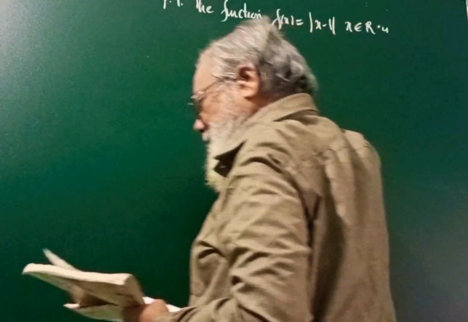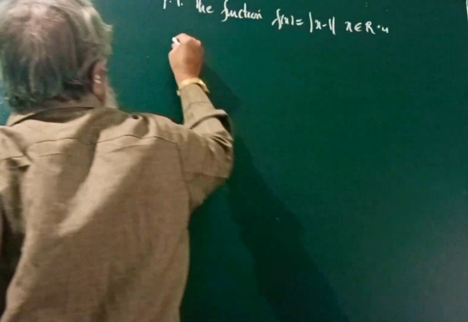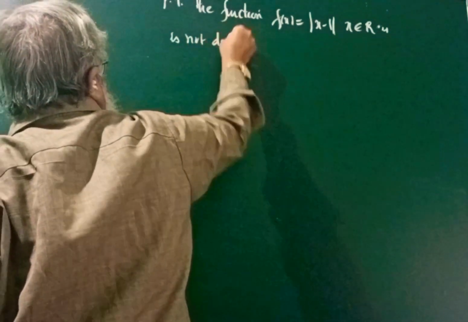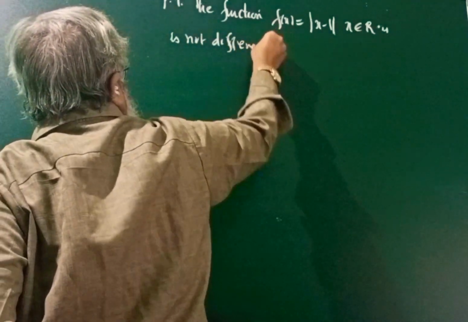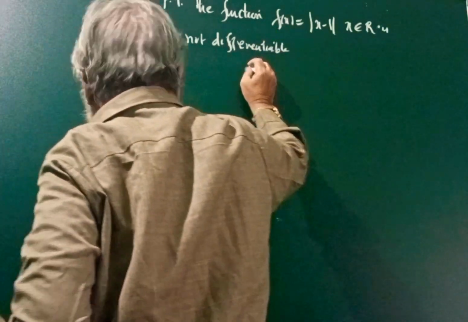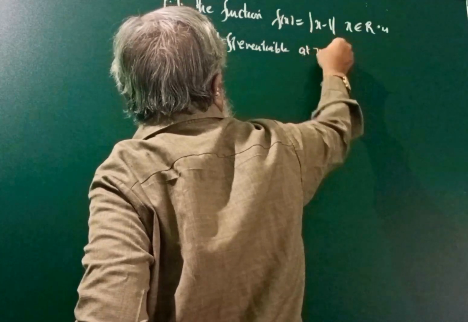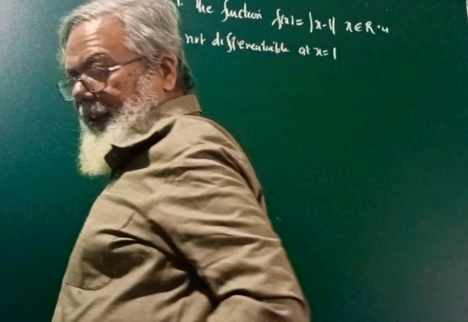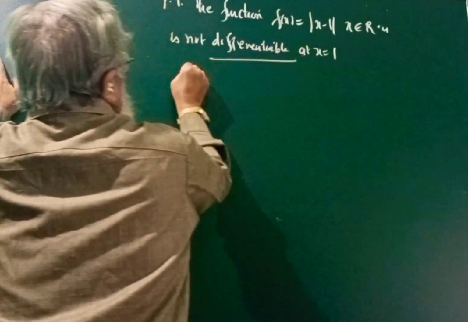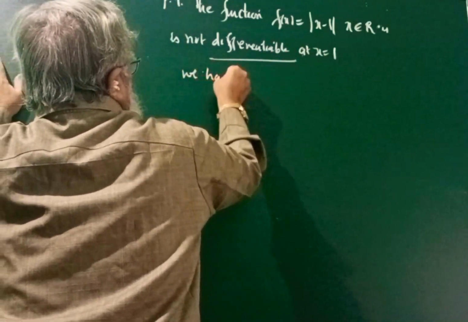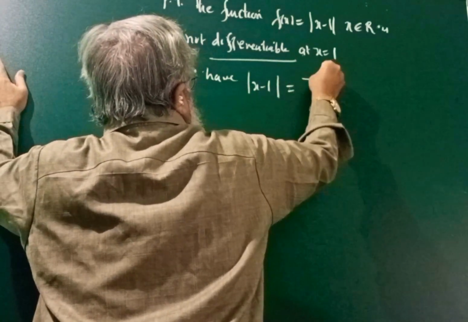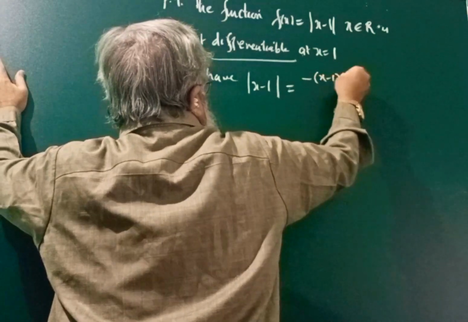is not differentiable at x is equal to 1. Now first let us define the mod of x minus 1. So we have it, mod of x minus 1 is equal to minus of x minus 1,